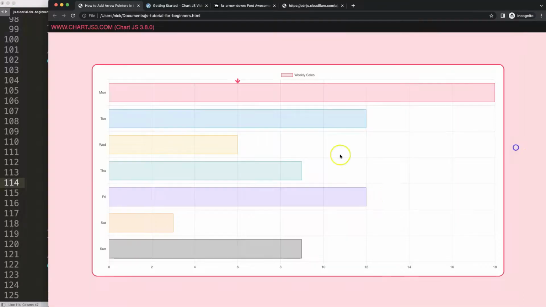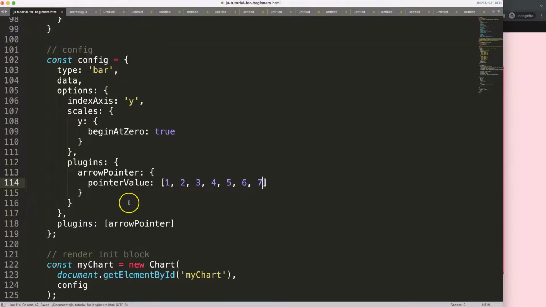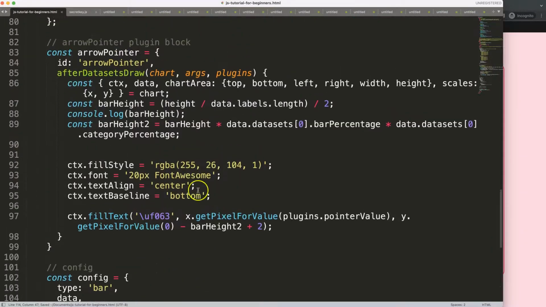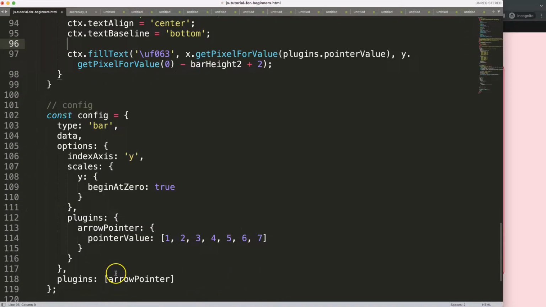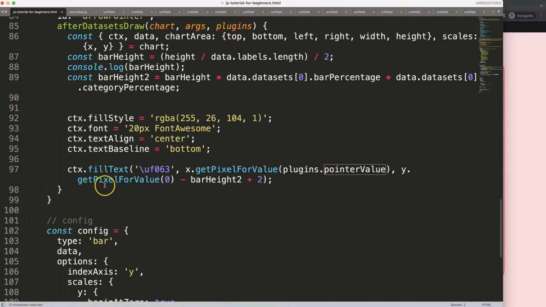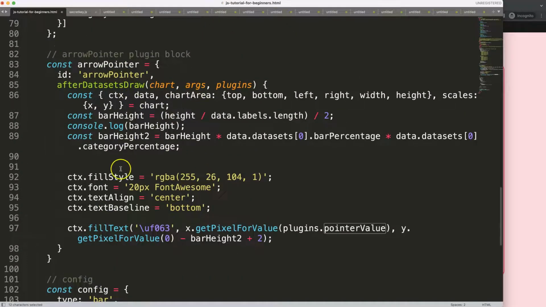If we do this, we will probably have some floating items like this one here, but that doesn't matter. So I'm going to save that. And then what I want to do here is a for loop. So we have this value here, that's the pointer value in a plugin. So all what I'm going to say here is plugins, that's this one here, dot pointer value,